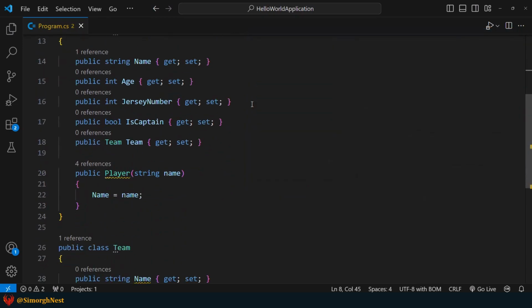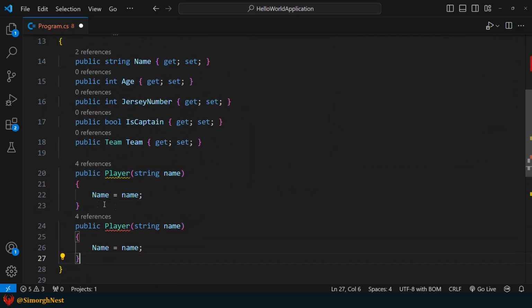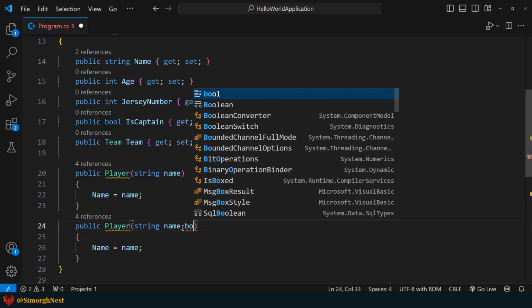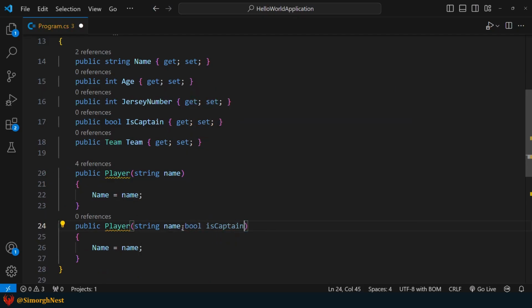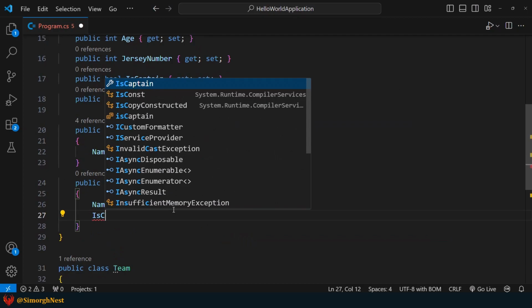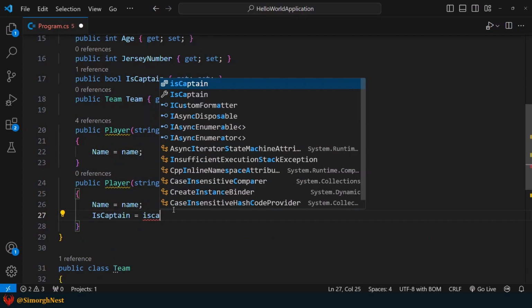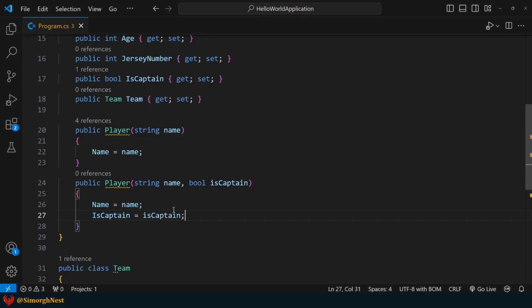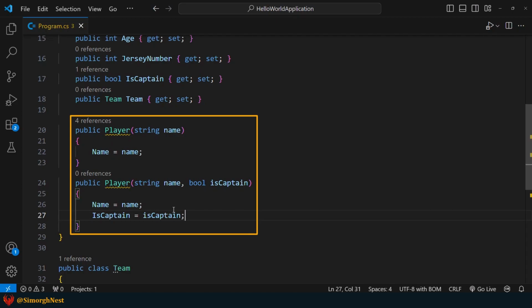To make player 2 a captain, we define a second constructor that takes name and a bool for captain. As we said, constructors work like methods, so we can overload them. Here, just like methods, we're creating 2 different versions of this constructor, known as constructor overloading.